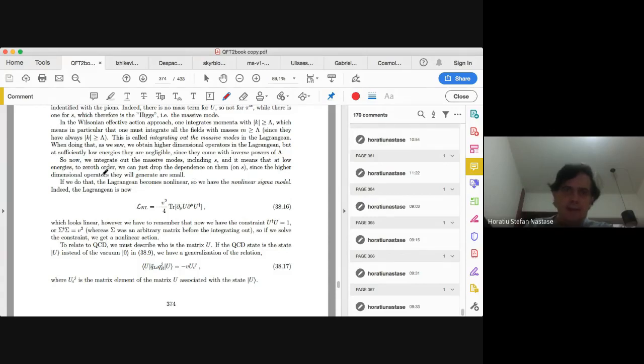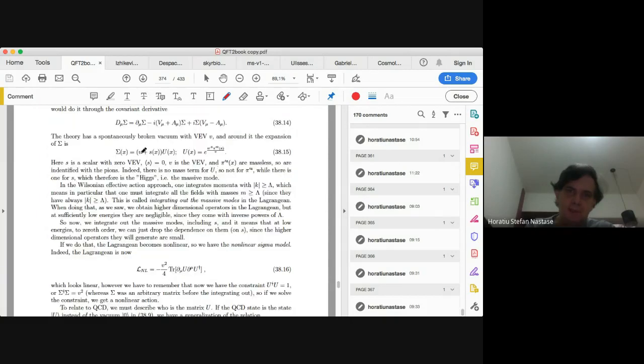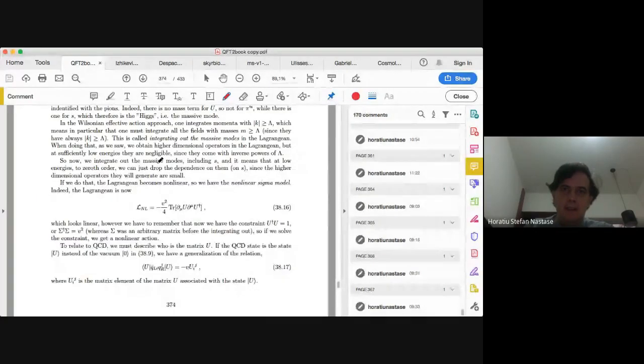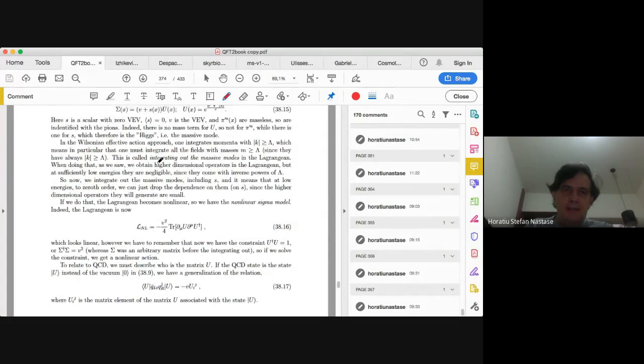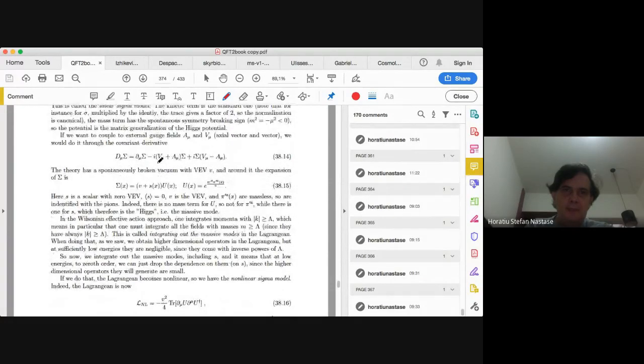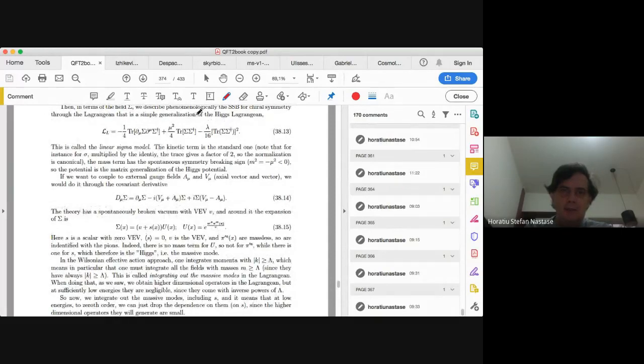And that means at low energies, to 0th order, I can just drop the dependence on S. So I just put S equal to 0 in this expansion. And then if we do that, the Lagrangian becomes nonlinear. So now, as I said, this potential is invariant under SU(2) vector, which in particular